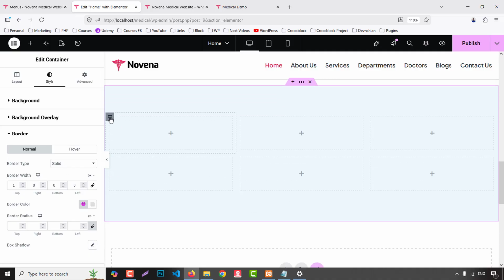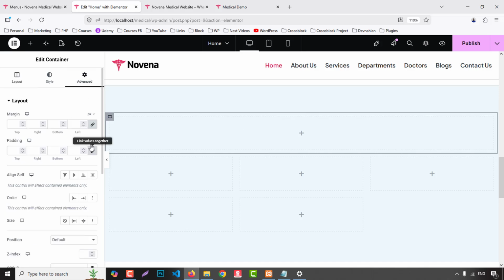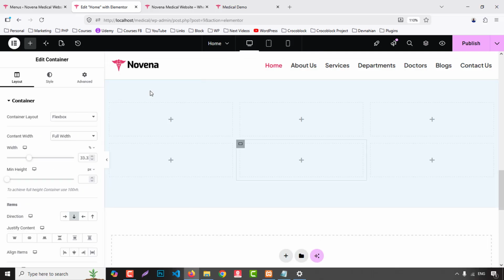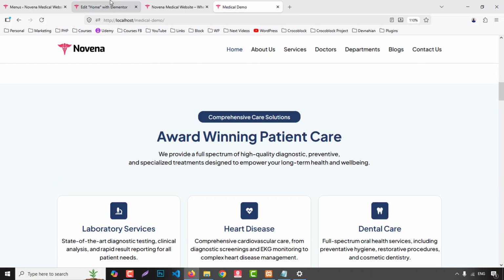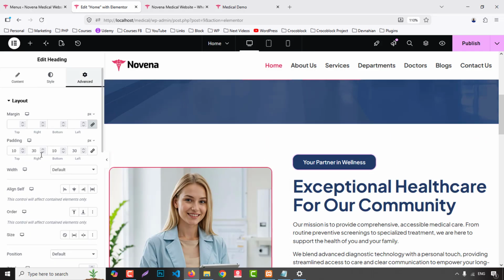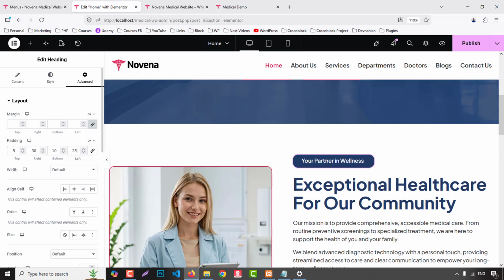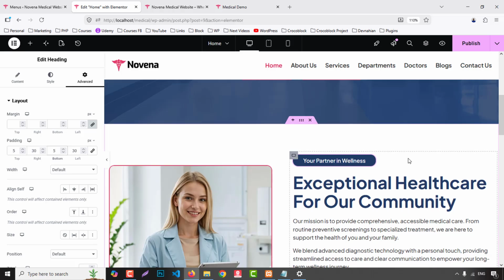Now for this container we can use full width, 100%, and go to advanced, and from here margin bottom 60 pixel, and here I can duplicate another one. So our layout is like this. For this I think we have to reduce a few paddings, so like top 5, start is okay, bottom 5. Yes, I think it's okay now, no problem. Now just copy this part,